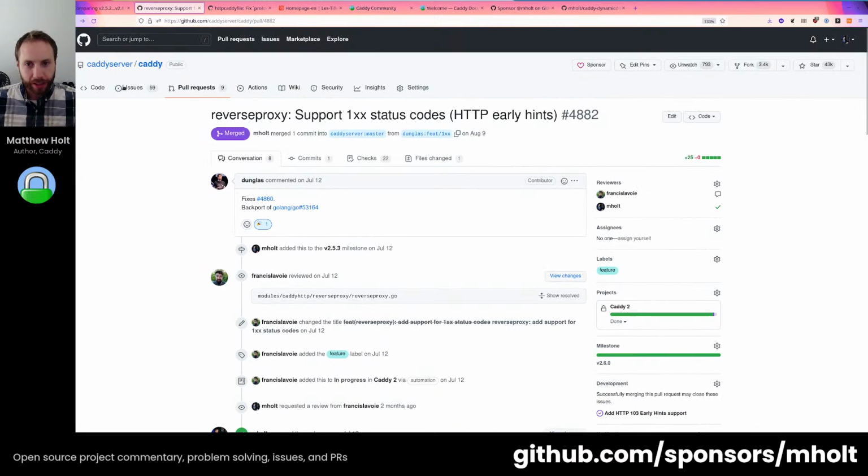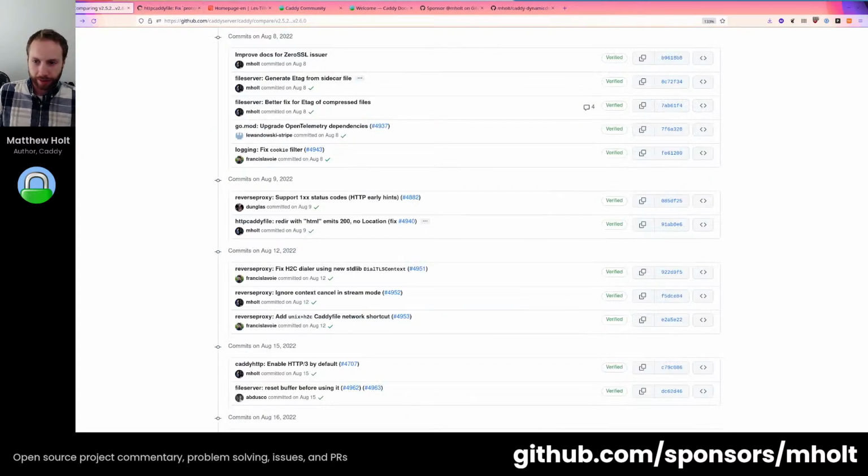So our proxy will send those through. If your backend is emitting 1XX responses, then our proxy will shuttle them through. But you can also originate